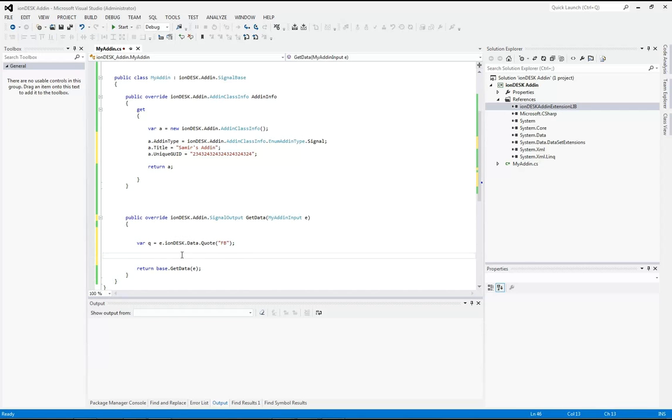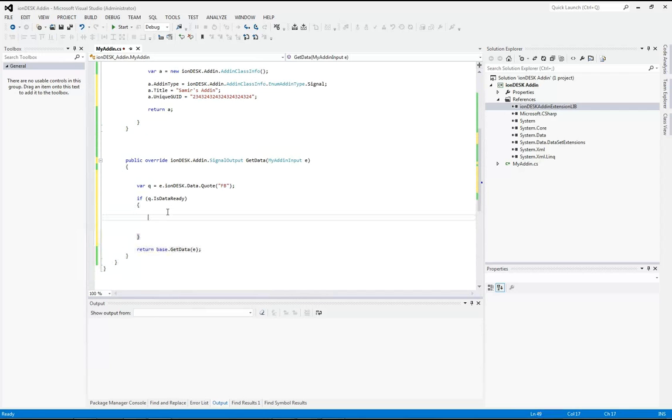Okay, and so now once I have that quote, the first thing I do is I say if Q, the first thing I do is check to make sure that data is ready. Is data ready? And if it is, then I can continue with my processing. So I can say if price, if previous close or anything is greater than Q dot high. Okay, and so what I'm saying is if this is true, then